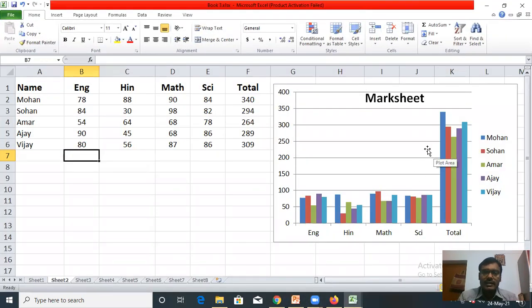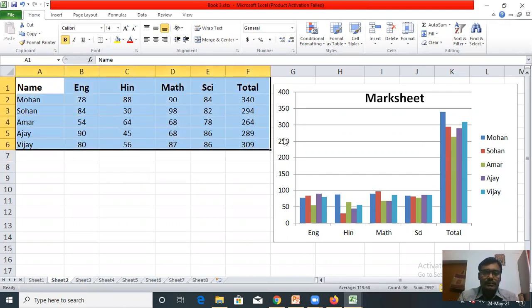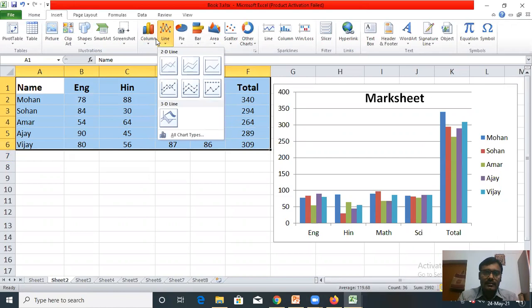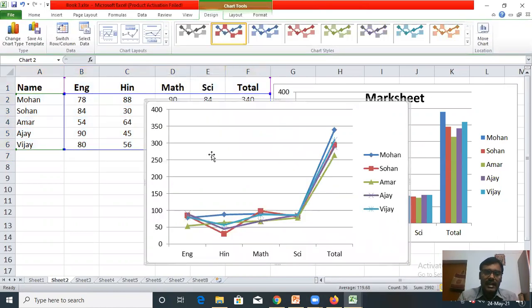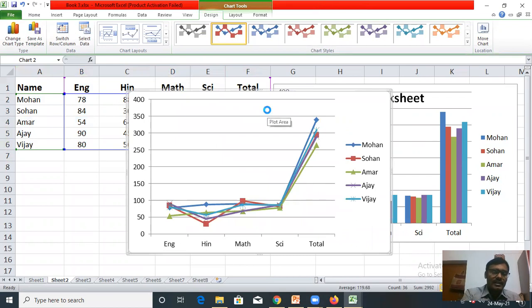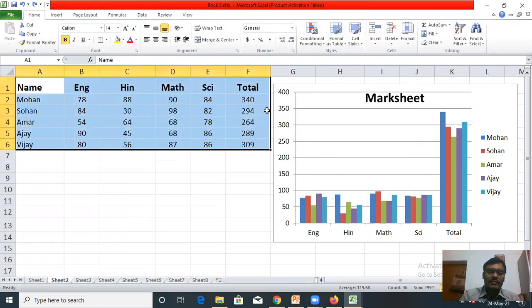You can have another type of chart like bar chart, line chart, etc. So there are many different types of chart. This is your line chart. You have many different types of chart, but today we will learn about the column chart.